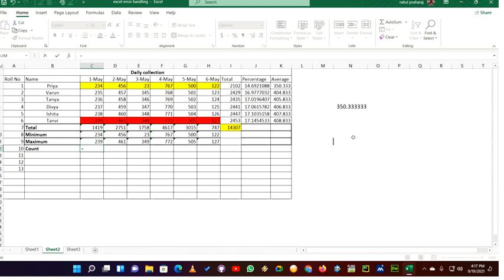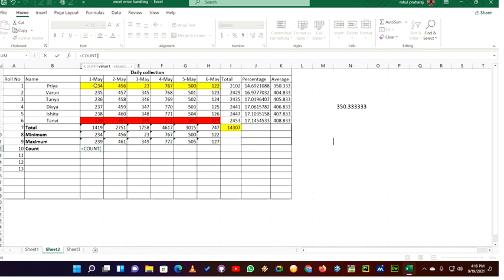If I am using count, I type the function name COUNT. As I type the function name, you can readily see the function highlighted here with its arguments. It is asking what type of values, so you have to select either the cell range or individual cells separated by commas.